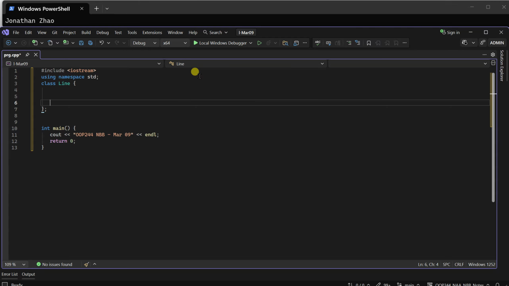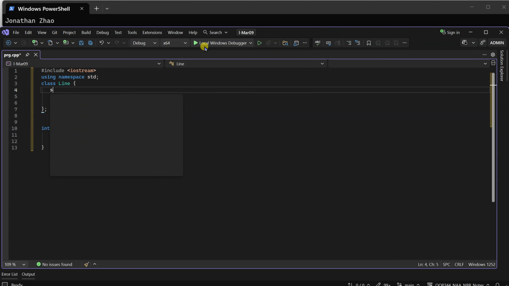So when I instantiate a line, I specify what is the length of the line, and I tell the line to draw itself. And a line will draw itself. So that's what a line is. And I can implement it very easily. So when I set up a line, obviously, a line has a length,